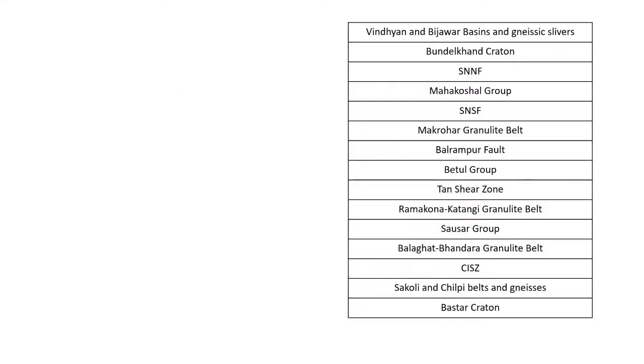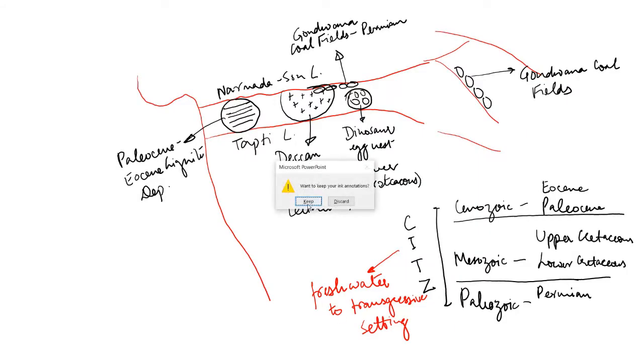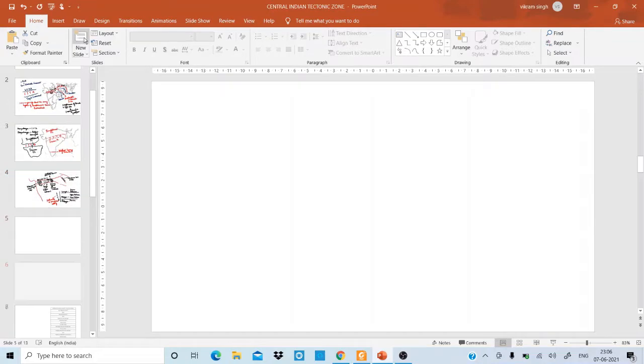So if we go to the details of the Central Indian tectonic zone, the northern and southern margins, to be more specific, the Son Narmada North Fault, that is SNNF, marks the northern margin of CITZ,